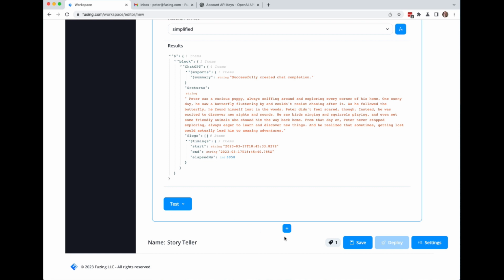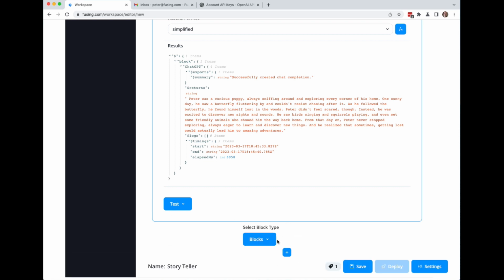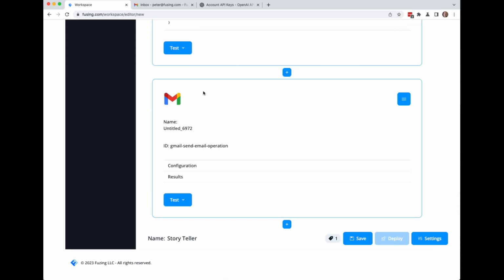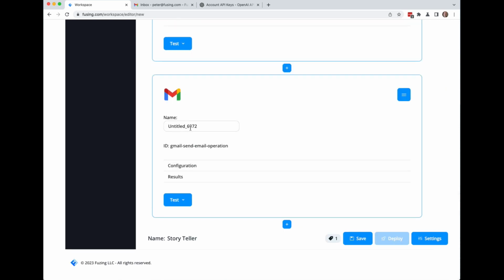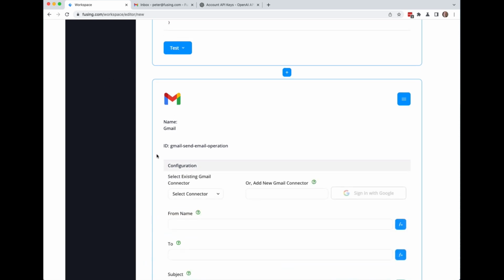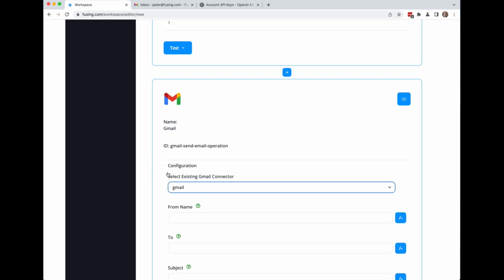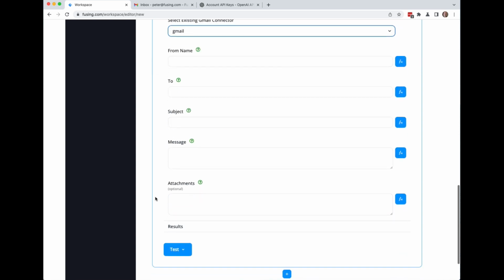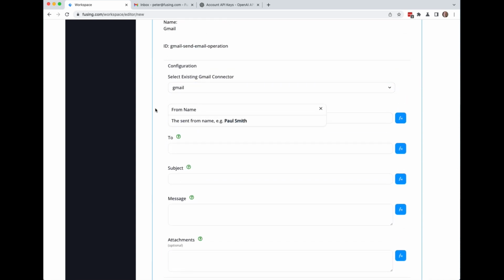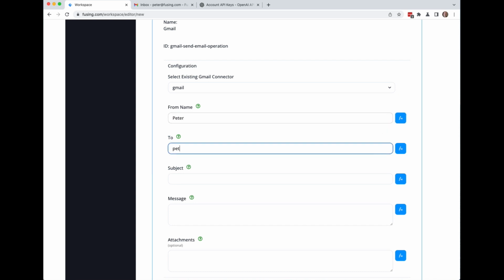And the simplest version of this might be just to email ourselves with the results. So let's go ahead and do that. Let's name the block Gmail. We added a send email block, and I have a connector for that too. That's just OAuth 2, so it's pretty simple. And then in the name, we can check what we want there. So that's going to be from, just call me Peter. We're going to send it to my